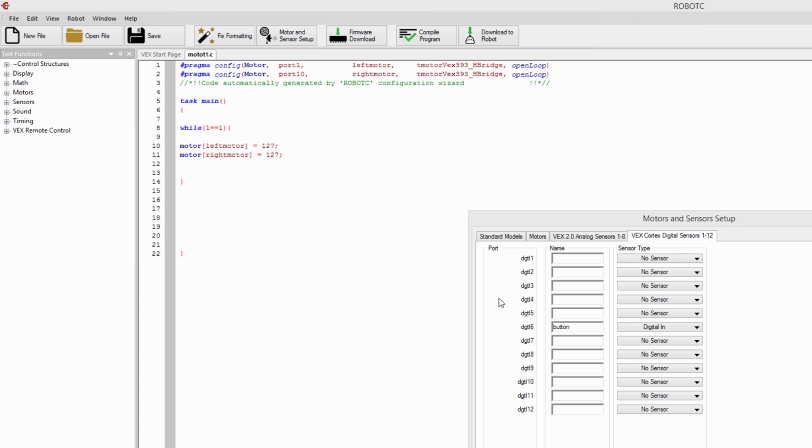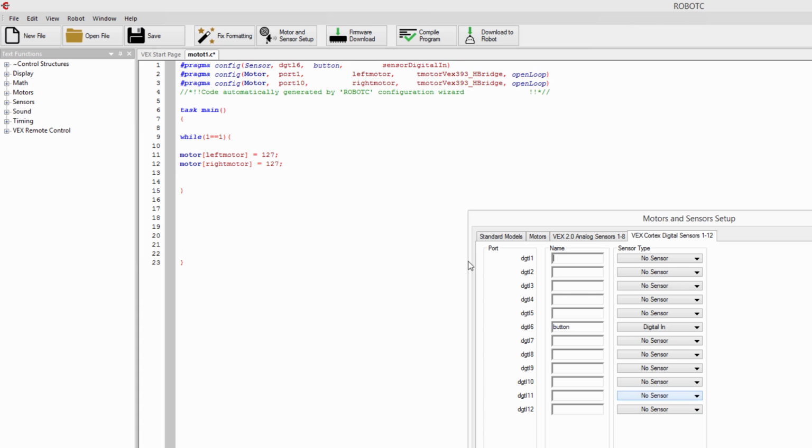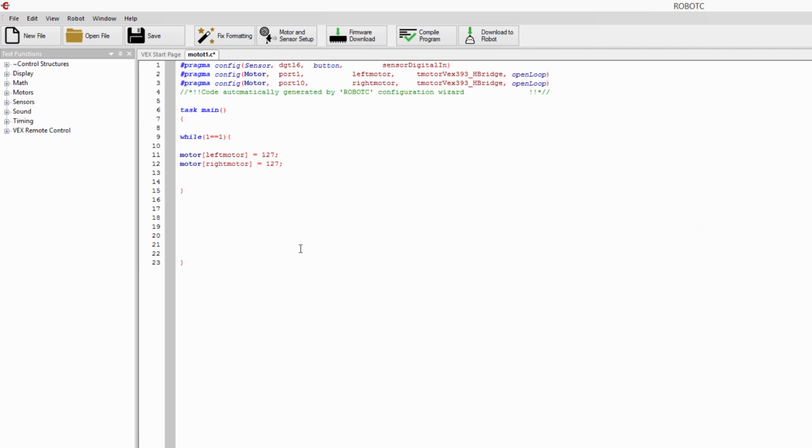Okay. So button, press apply. You're going to notice it added a new line to the top of our program. Press OK. And now, inside of this while loop, we're going to add a few spaces by pressing enter on the keyboard. And we need to write what is known as a condition. So the condition is going to be as follows. If